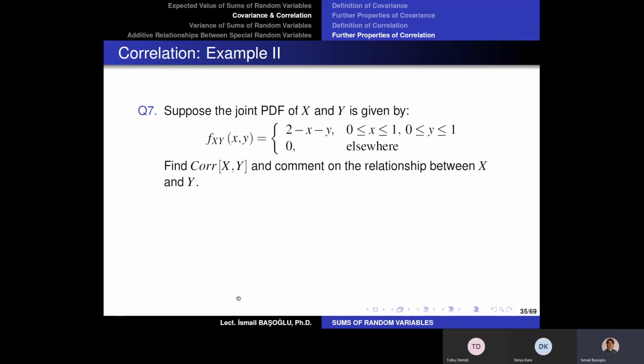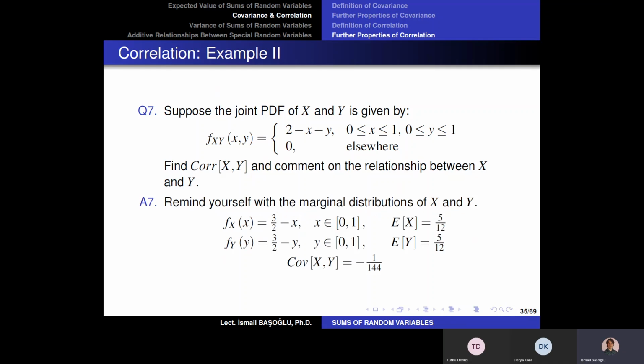Now see that if we have random variables following the joint probability density function, 2 minus x minus y. So what is the correlation for these random variables? Again, we are going to calculate it, and we are going to use that to comment on the relationship between x and y. Now, if you remember again the previous questions that we have solved in the previous hour, we